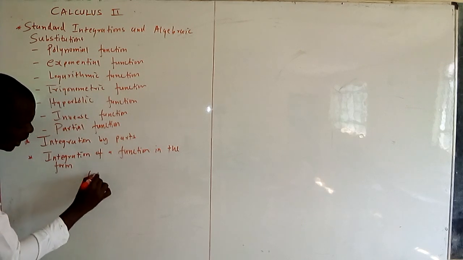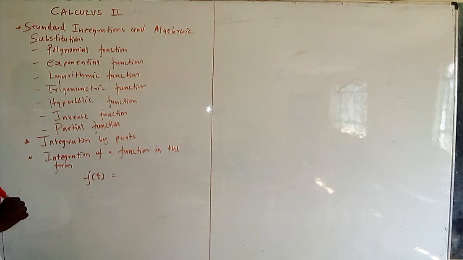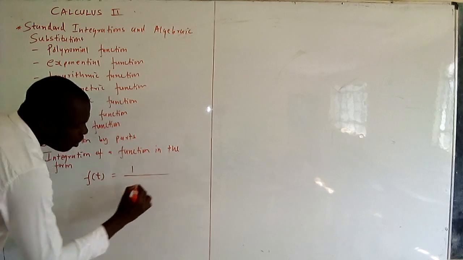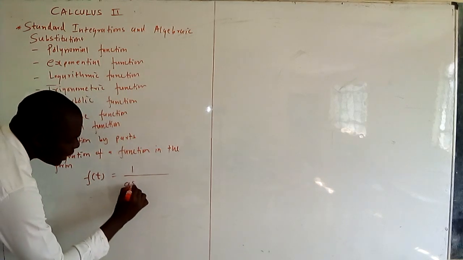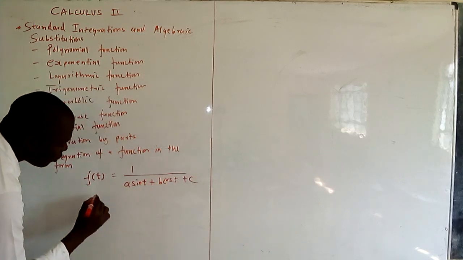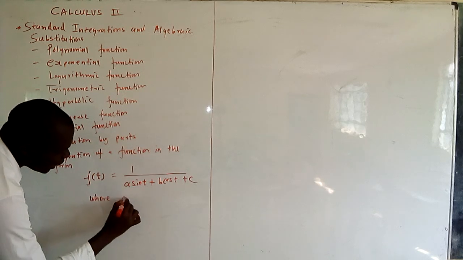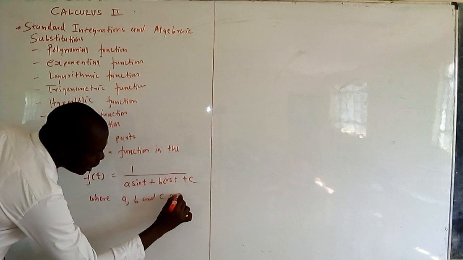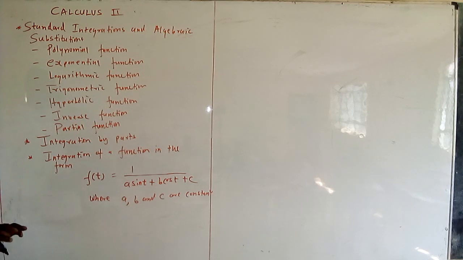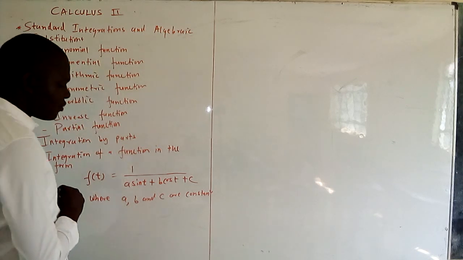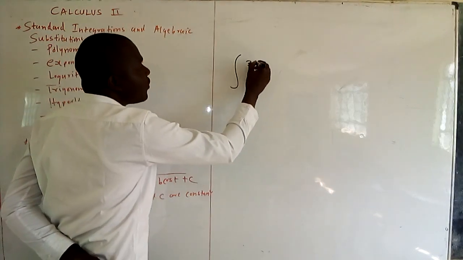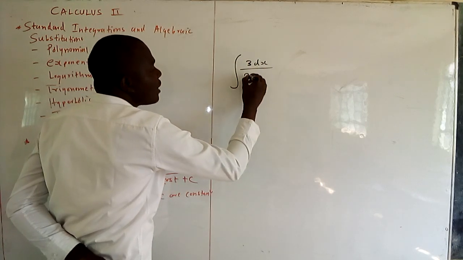Let's say, for instance, f of t to be equal to 1 over a sine t plus b cos t plus c, where a, b, and c are constants. You see, what this means is this. When somebody gives you a problem like this, let's say, for instance, integrate 3dx over 2